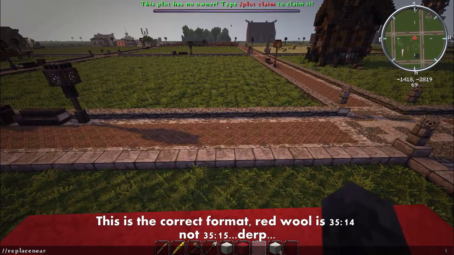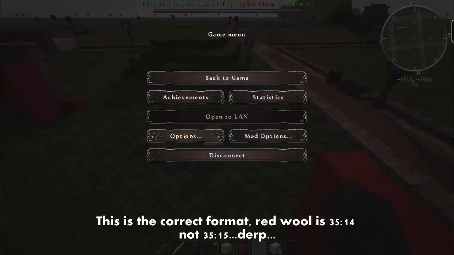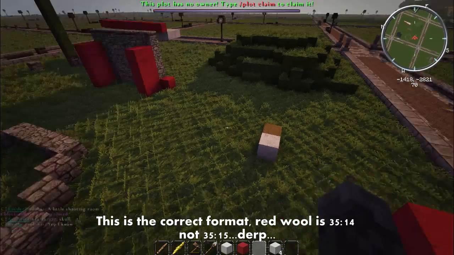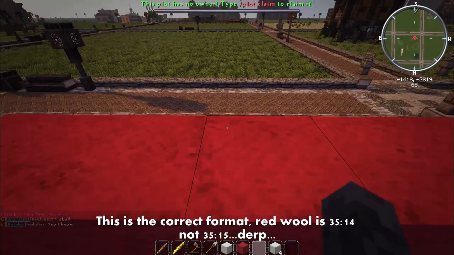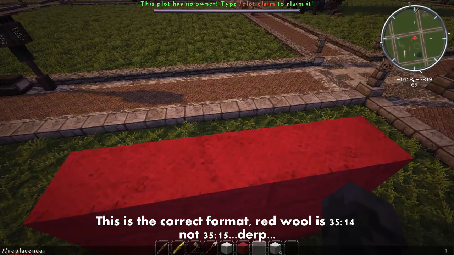Replace near 10, 35:15 with 35:12 and 35:1. Okay, what am I doing wrong? 0 blocks have been replaced. Oh, maybe I'm setting things wrong. All right, so say if we're doing replace near,